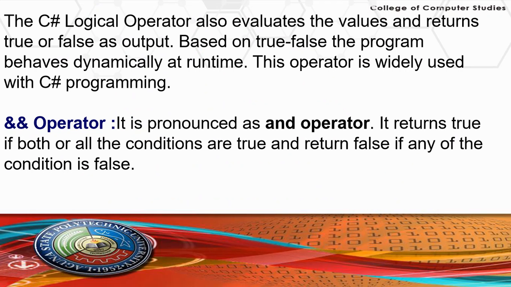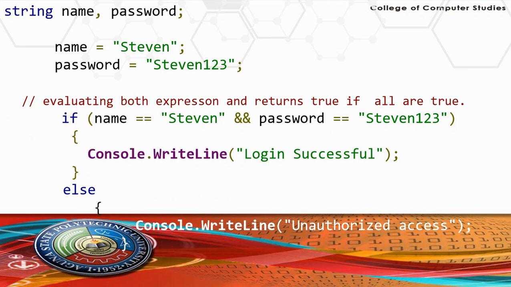So we have here the AND operator, this one. It is pronounced as AND operator. It returns true if both or all the conditions are true, and returns false if any of the conditions is false. If there is at least one false, automatically it is false. Both or all conditions must be true so that the entire statement will be considered true. For example,